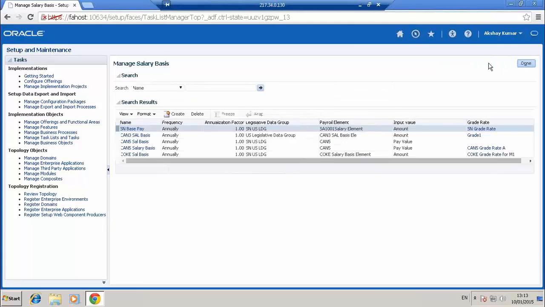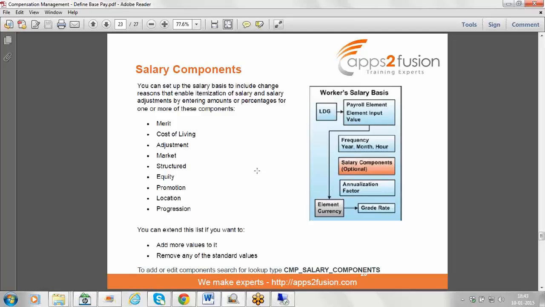I mean, the salary basis. So the salary basis is created. Okay. Now let me